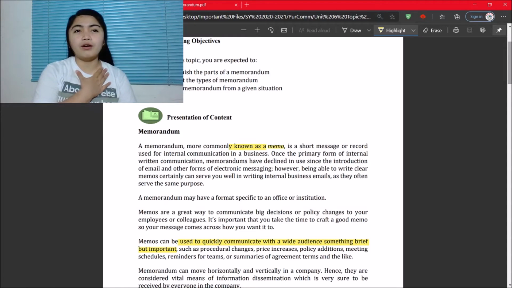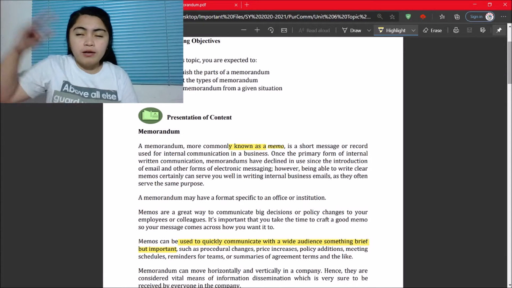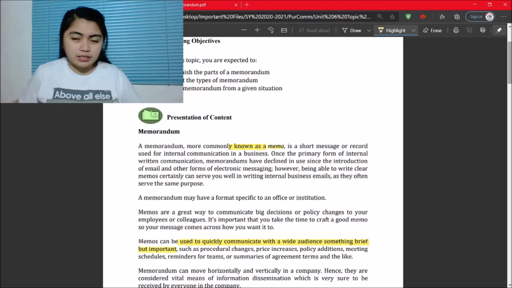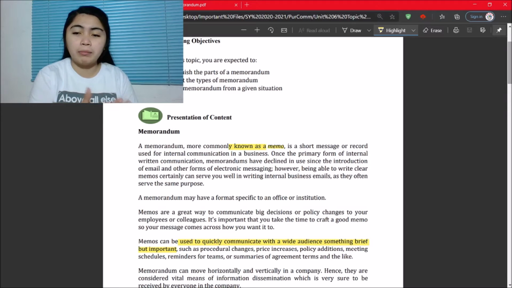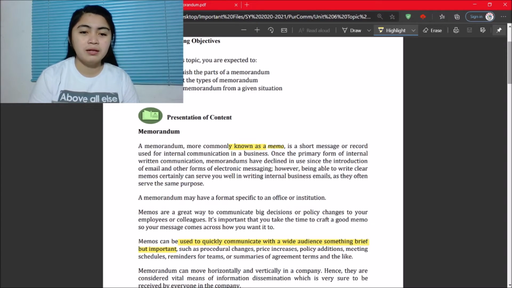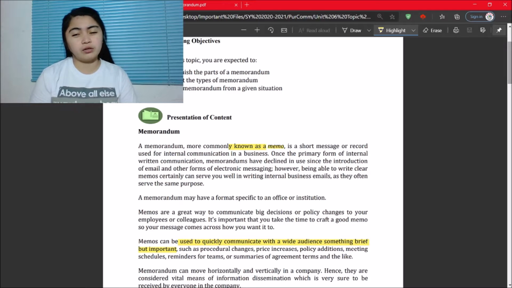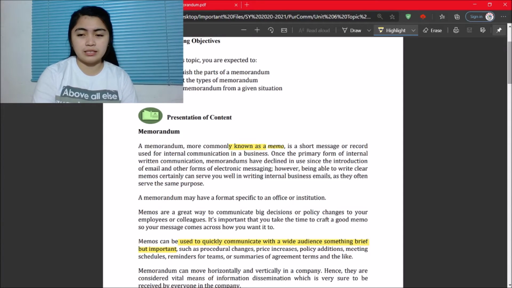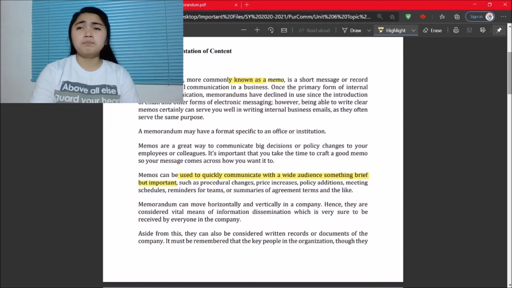We receive everyday memos or every week we receive new memos from the office sa taas. So once a primary form of internal written communication, memorandums have declined in use since introduction of email and other forms of electronic messaging. However, being able to write clear memos certainly can serve you well in writing internal business emails as they often serve the same purpose.